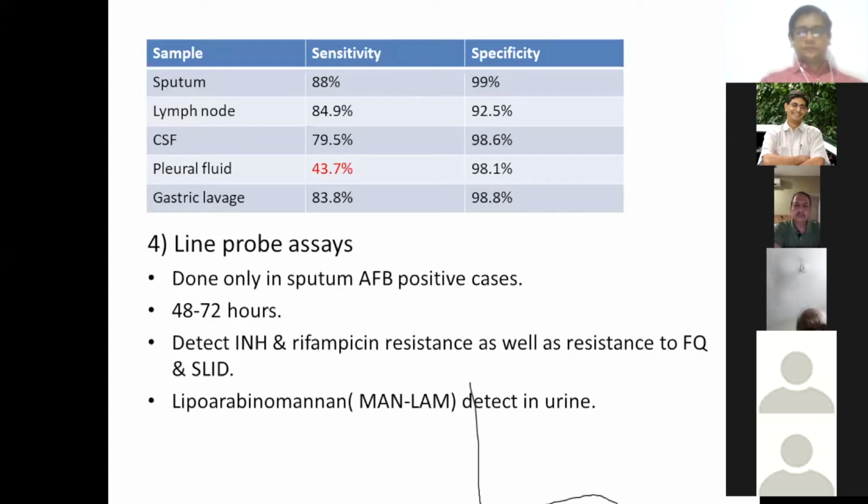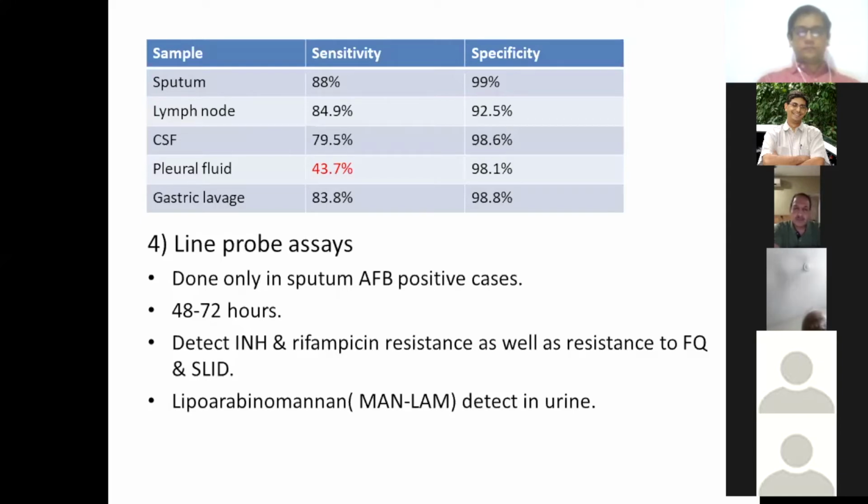Now there are some specific genes we see in the patient when doing a Hain's test. In the line probe assay, you not only detect INH and rifampicin resistance. For rifampicin, the rpoB gene is tested for resistance. For INH, resistance is by two different genes: one is inhA and the other is katG. So when you are reading the report of Hain's test, suppose inhA mutation is detected. In this patient, you can still give a high dose of INH, 15 to 20 milligram per kg, and this resistance can be converted to a susceptibility pattern. If you have a patient who has katG mutation, then even high dose INH is not going to work.